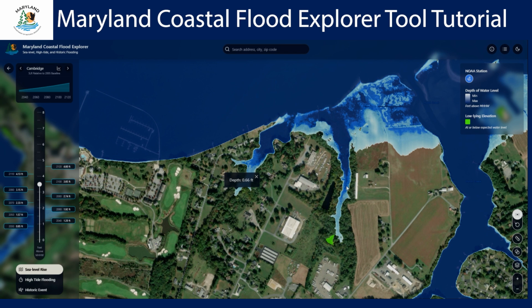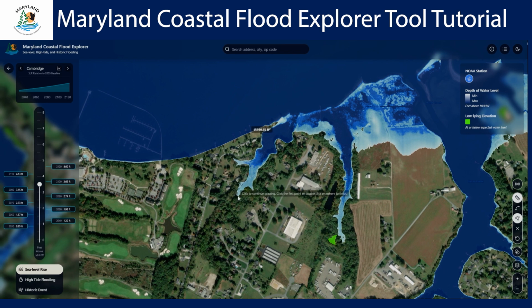You can see that the darker areas will be a deeper depth than the lighter areas as visualized in the legend in the top right. We're going to go ahead and use the clear depth to take those off and move on to the measure distance tool. Here we're going to draw a polygon to look at the approximate area that is flooded here on this Cambridge Creek. We'll just do a rough drawing along this line, and when you're finished, you double click and we get an area of 3 acres.